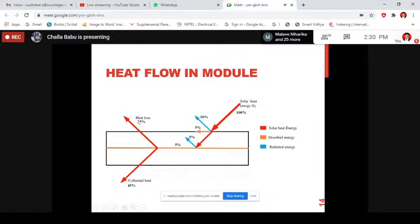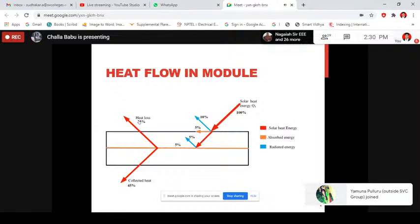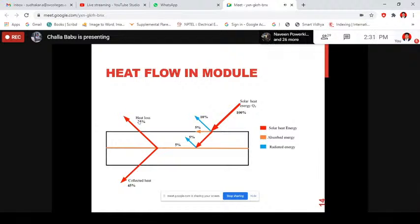And everybody knows the PV module manufacturer data, because every institution is accommodating PV modules on their rooftop. If anybody needs clarification regarding this, you just go through that and check how the manufacturer is giving the data sheet. In this data sheet, they will give the open circuit voltage, short circuit current, and power, and the temperature coefficient of power or temperature coefficient of voltage or temperature coefficient of current. In these three, they will specify any one. This is the parameter which shows the customer